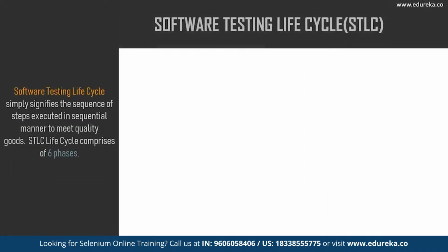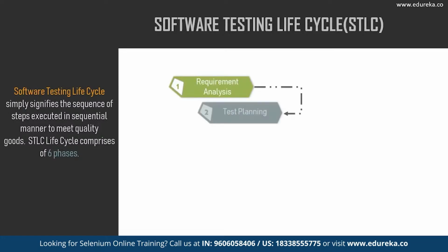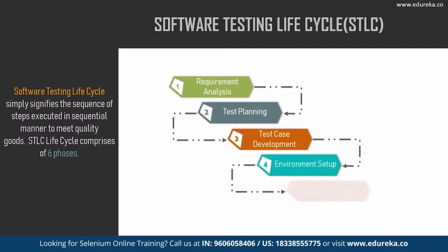Organizing a software testing process can be quite challenging. Just like how developing software involves a sequence of steps, testing also involves steps that can be executed in a definite sequence. This manner of executing testing in a systematic and planned way is what we call a software testing lifecycle, or STLC. Basically, it comprises 6 phases, which include requirement analysis, test planning, test case development, environment setup, test execution,